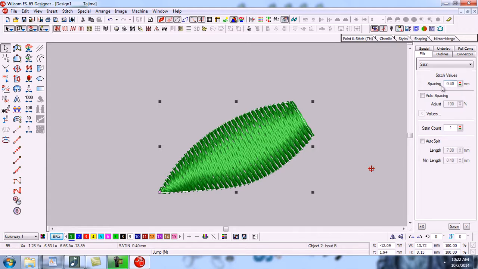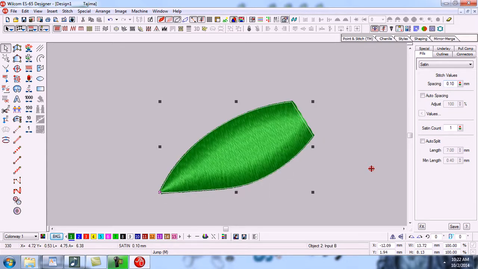For example, its spacing is 40. You can click here and change the spacing. For example, I give it 10. So you can see that the stitches have increased, and they have increased by a lot. And if you want to lessen the stitches, you can increase the spacing. For example, I give it 70.